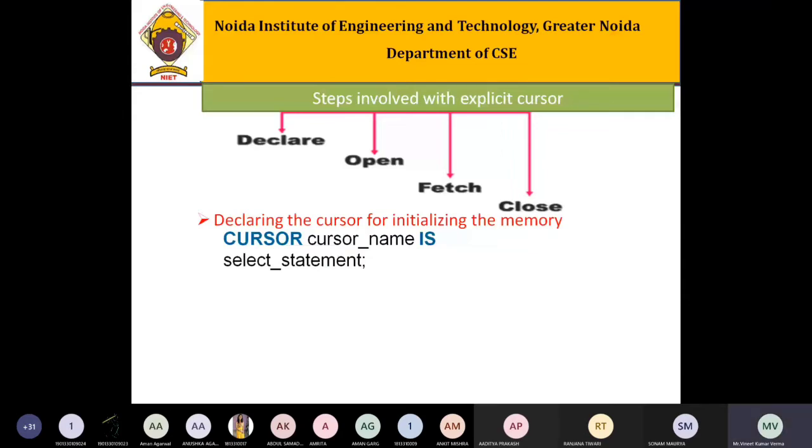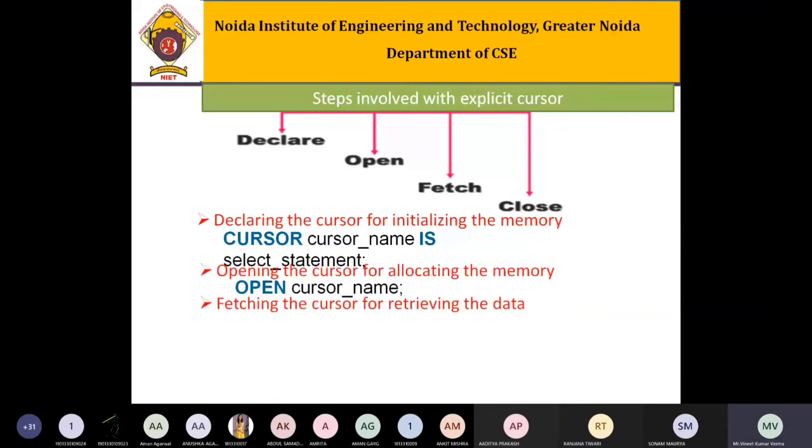Then we have to fetch the cursor for retrieving the data, right? So fetching the cursor is done using the syntax FETCH cursor name INTO PLSQL variable or PLSQL record, right? So whatever the cursor name is created, over that, whatever data you want to retrieve, that data is now inserted into the cursor.